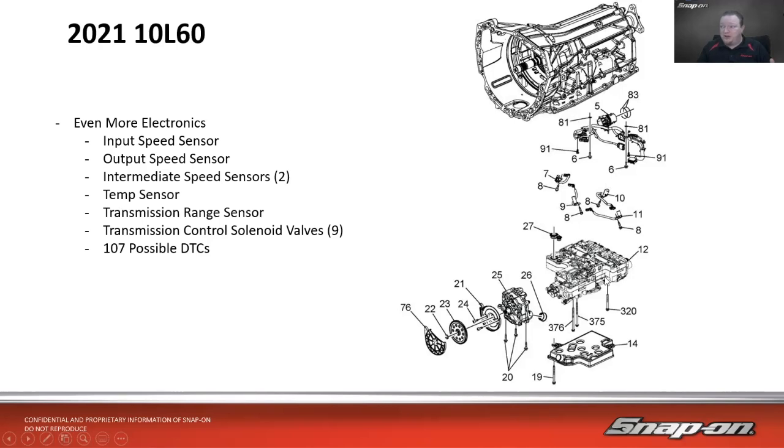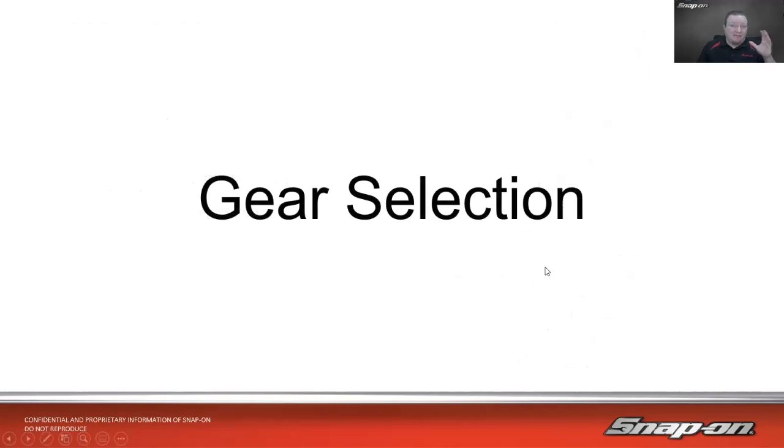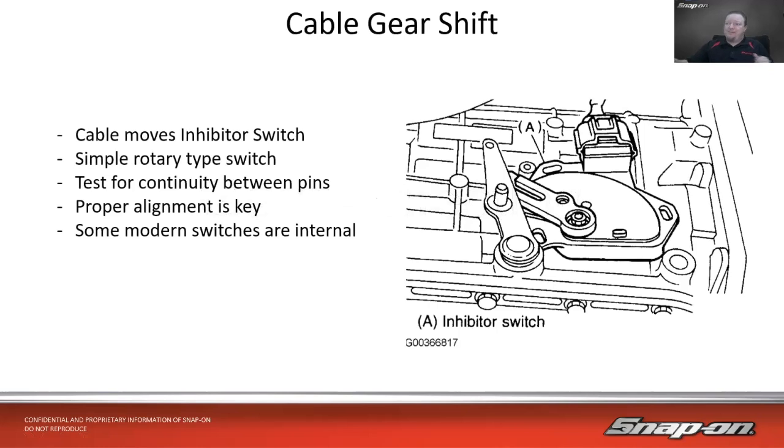We're really only looking at the valve body and electronics right here, and then there's a separate pump as well. So the valve bodies are getting a lot more electrically complex as well. So let's talk about first, how do we get this thing in gear, so to speak, with gear selection? We'll start a little ways ago,